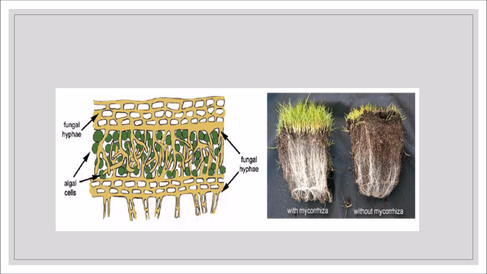And on the right side, the mycorrhiza is there. In higher plants, on the roots, these fungi will be present for some mutual relationship. Because of the chlorophyll present in them, or because of some chemicals present in them, they help in food production. So with mycorrhiza, if you can see the image, without the mycorrhiza, see how the plant becomes. So this is one example.